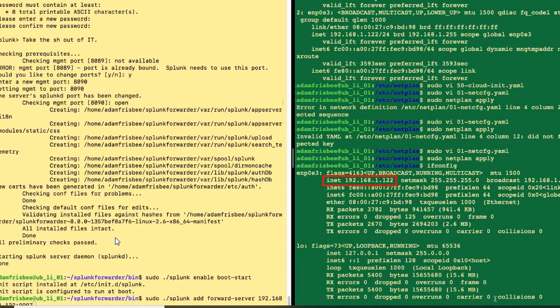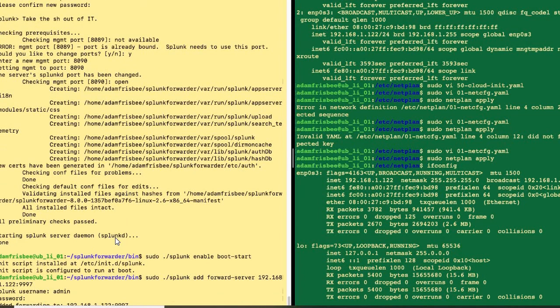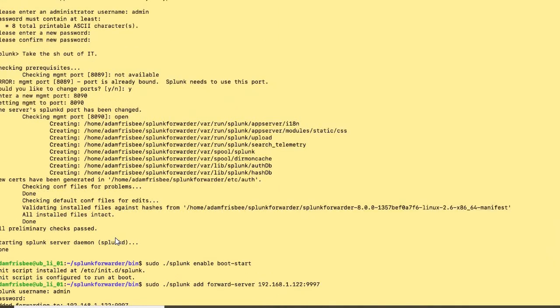With ifconfig, we see that particular IP address here, 192.168.121.122, right? That's why we are configuring our forwarder with that IP address, okay? Now we have our forwarder set up, and it's forwarding the data now, but it doesn't know what to forward, right? We have the forwarder, but it doesn't know what data we want to forward to our Splunk search head.